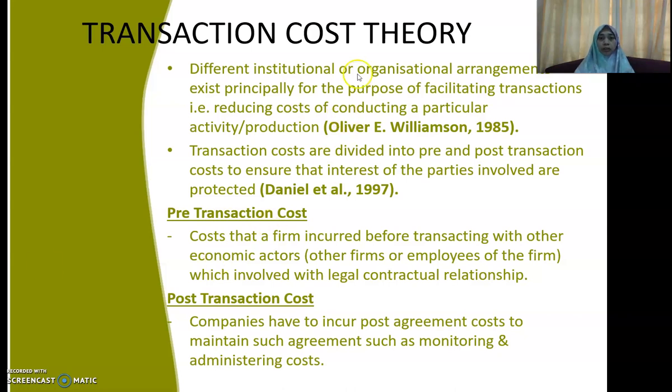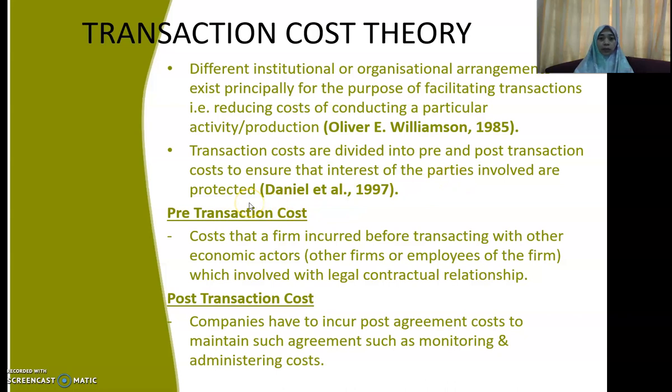Different institutional or organizational arrangements exist principally for the purpose of facilitating transactions. That is, reducing the cost of conducting a particular activity or production. So, when you talk about cost, you want to minimize your cost. You want to reduce your cost. Transaction costs are divided into pre and post transaction costs, to ensure that the interests of the